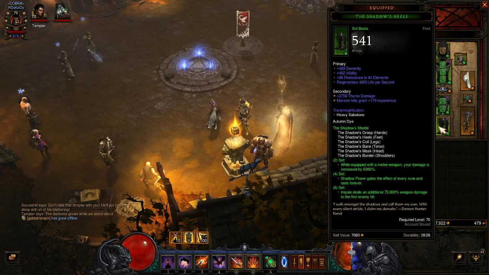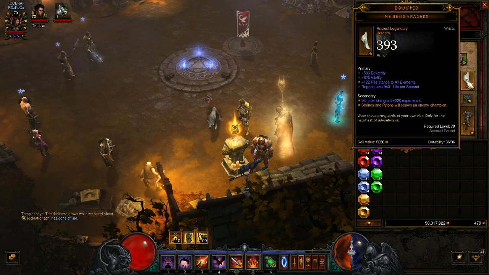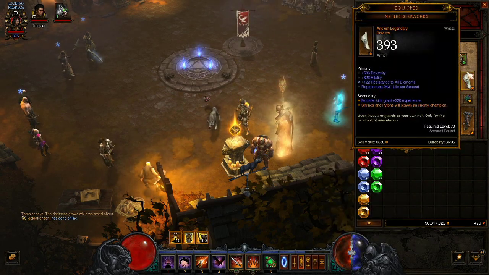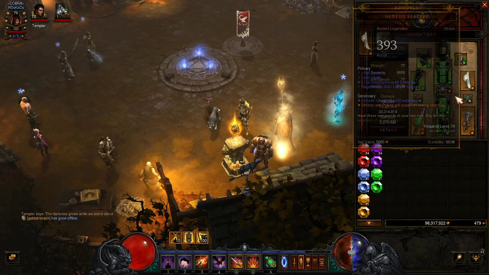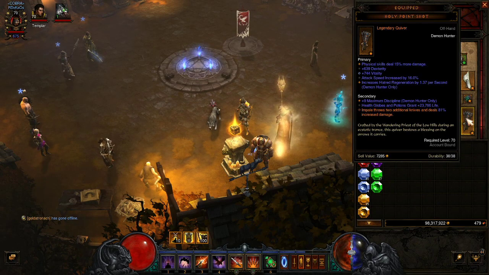Dex Fight resists all elements, life per second on boots. Dex Fight resistance to all elements, life per second on Nemesis Bracers. You could find life per hit. I would personally prefer life per hit if I could find it, but beggars can't be choosers though. Those are very good. It'll help with your toughness. So life per hit,